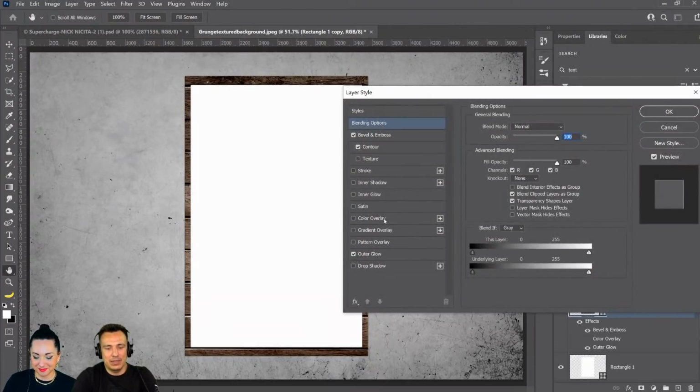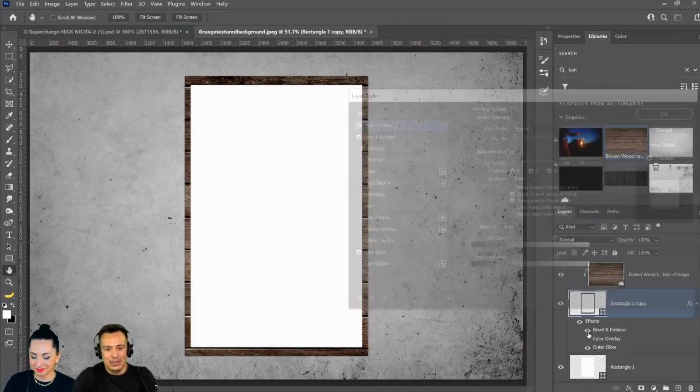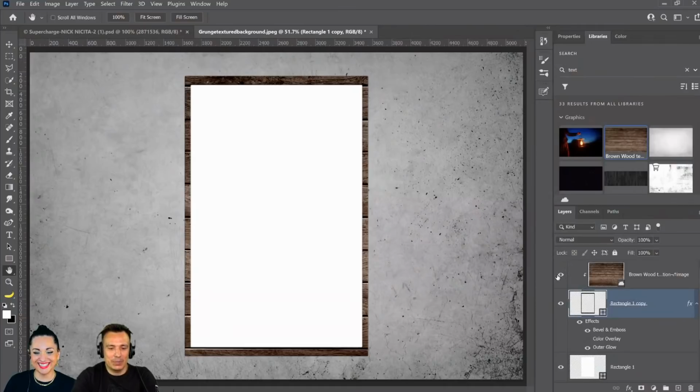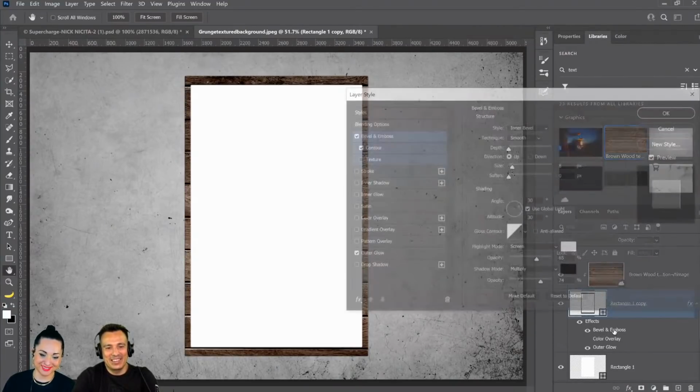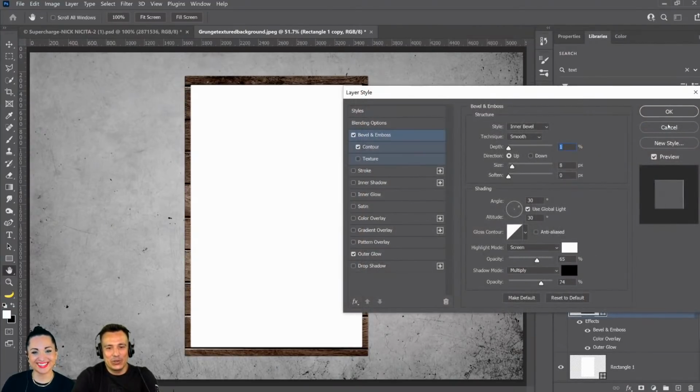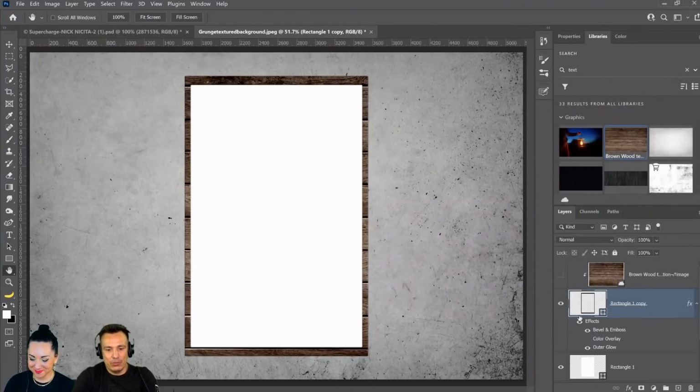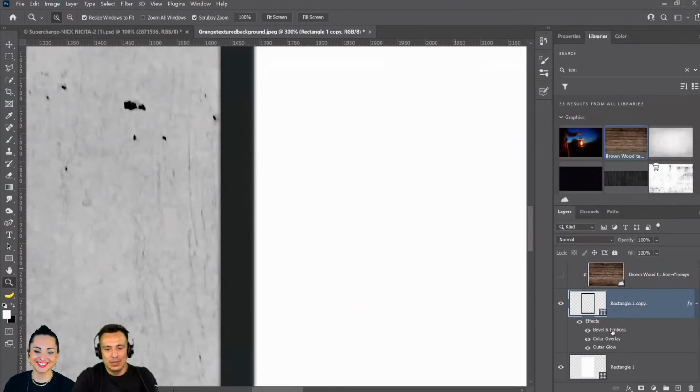And the thing is, there's a thing with not adjustment layers, layer styles. And let me here. I'm gonna solve this for you guys. I was gonna show you something really, actually, I'll show you. All right, I'm gonna solve this, and I'm gonna show you the cool thing I wanted to show you. Feel free to borrow 5 minutes from me if you need to. Okay, great. So what I'm gonna do is disable this, and I'm gonna apply a color overlay just so that I could see the bevel and emboss.